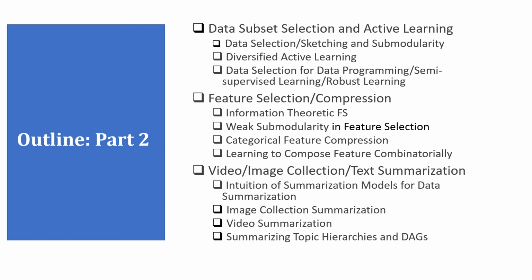We talked also about the advances in a very related area, which is submodular minimization, also convex relaxations that have found use in feature selection. And finally, we concluded with applications of subset selection in video, image, and text summarization, including summarization of topic hierarchies and